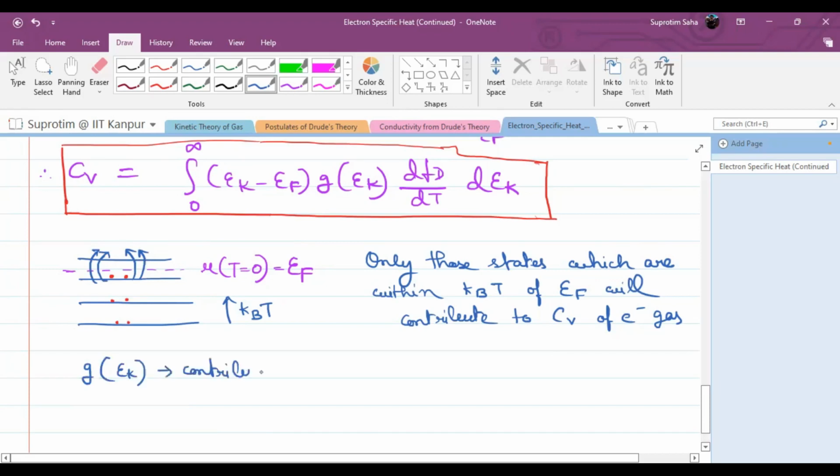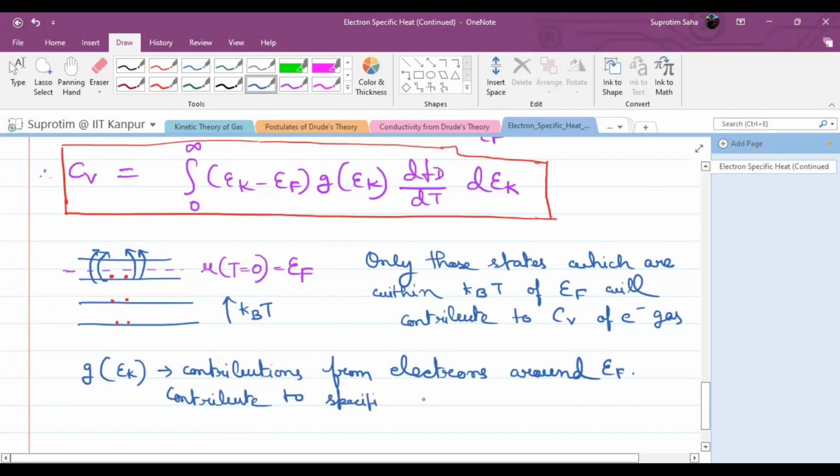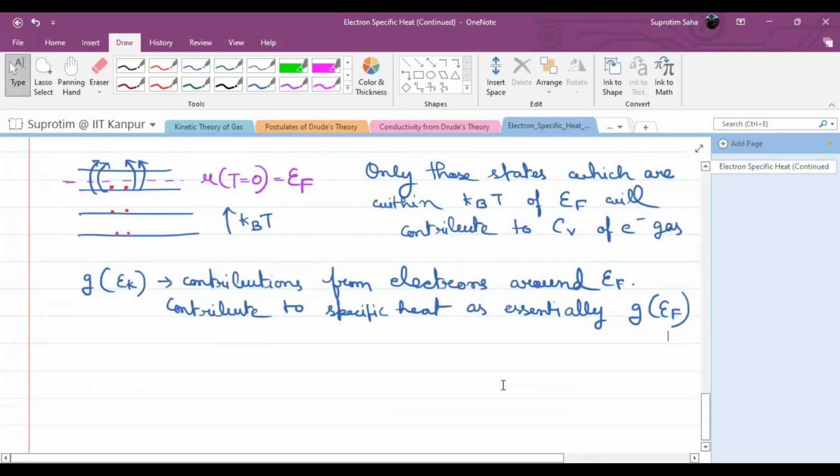contributions from electrons around EF, hence contribute to specific heat as essentially G of EF. So you can safely write that G of Ek as G of EF, because only those electrons